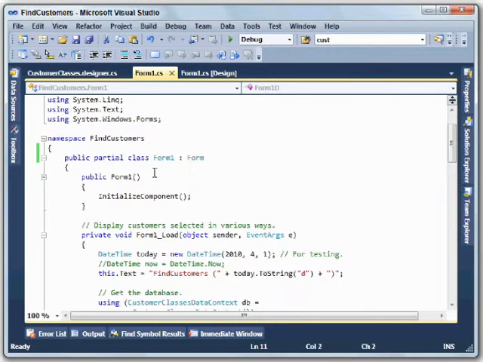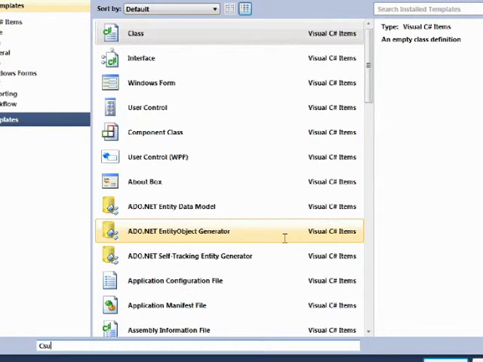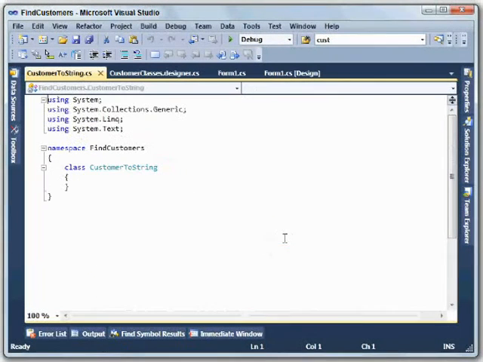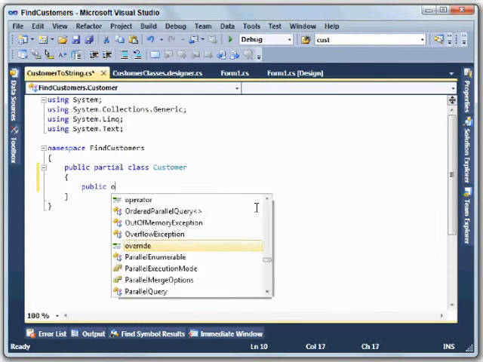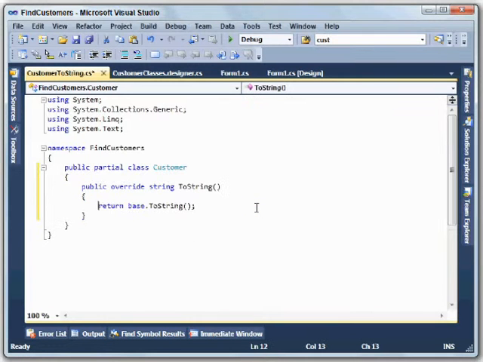Now you could add the addition here, but it's probably better to create a new class file. And I'm going to call this customerToString. Now this created a customerToString class. That's not quite what I want. What I really want is, I'm going to say public partial class customer. Notice that we're inside the findCustomers namespace, so that's okay. And what I'm going to do here is add the new method. So it's going to be public override toString, and instead of returning the base class's toString method,